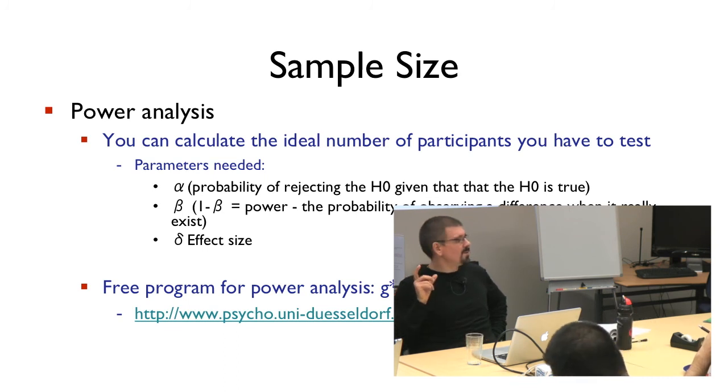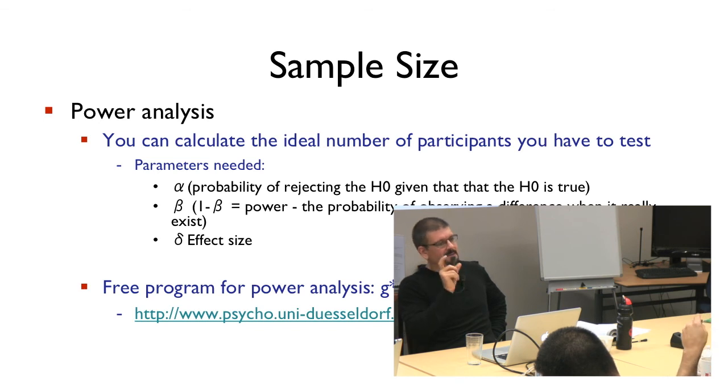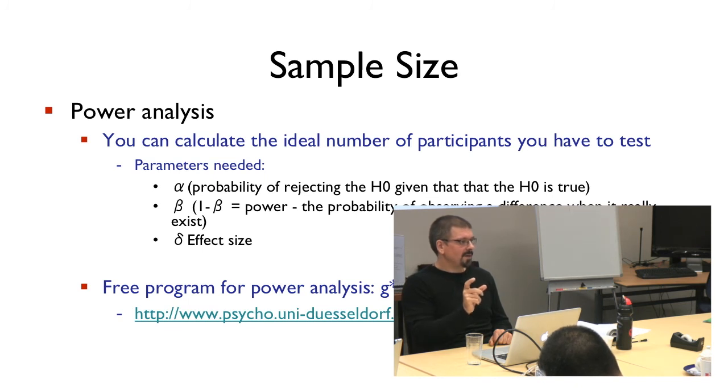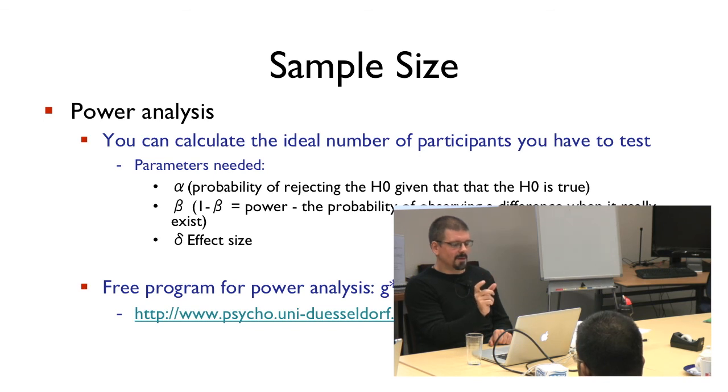But basically, it tells you, okay, if you have a sample of that size, the result of your power analysis, you can be more confident that if there is a statistically significant effect, you will find it with